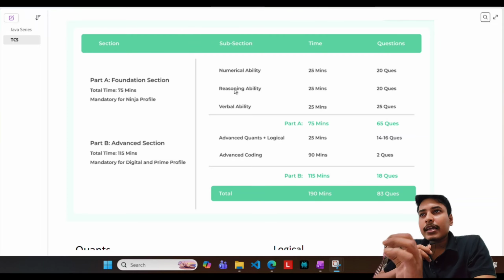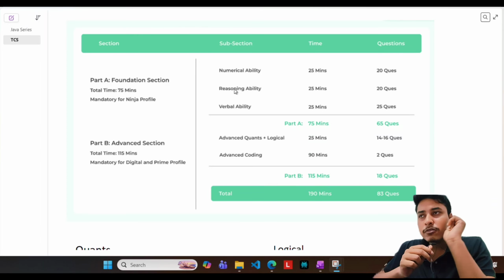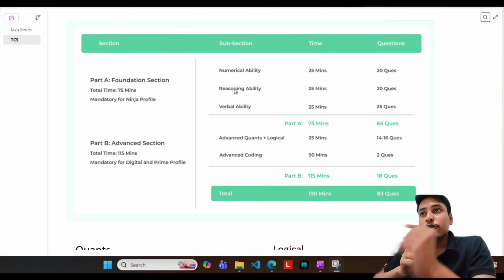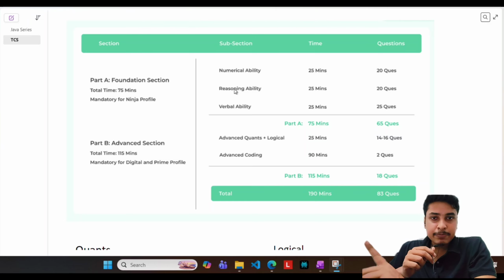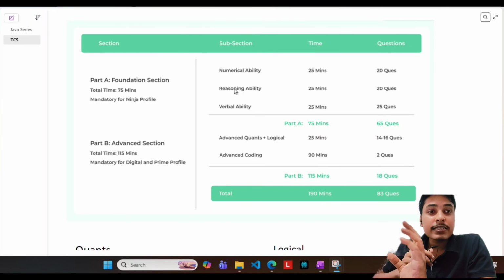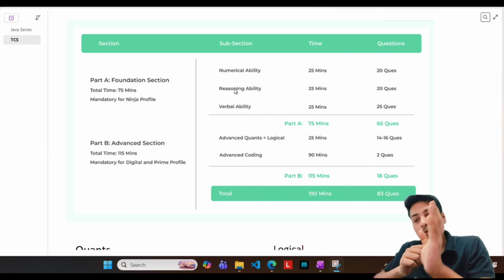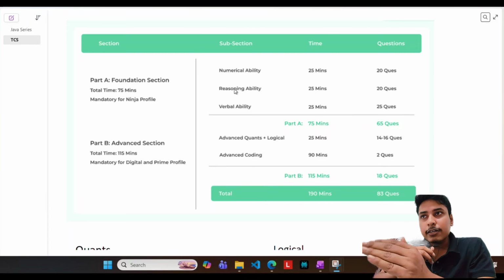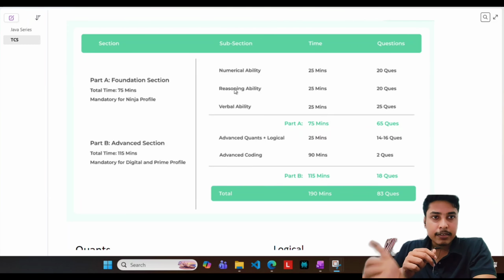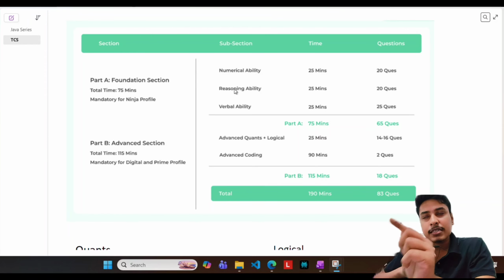For numerical ability, there are 20 questions. So we have to think that we will do 10 questions, because 10 is my cutoff. For numerical ability, the cutoff is 10. We must answer 10 to 12 questions correctly. And the remaining